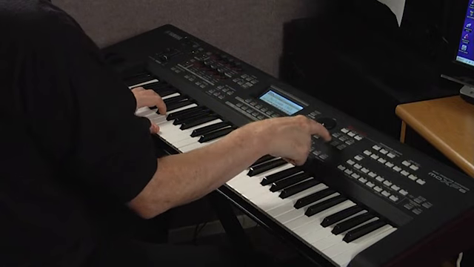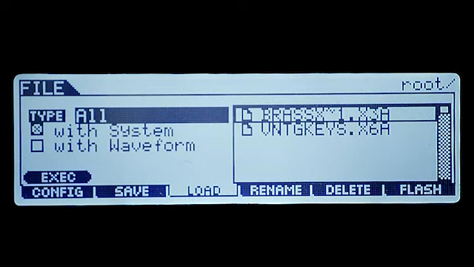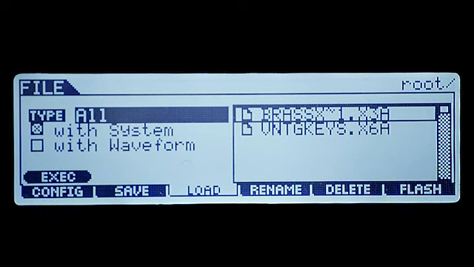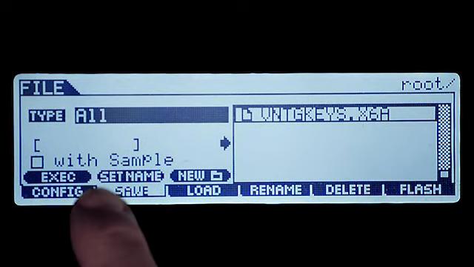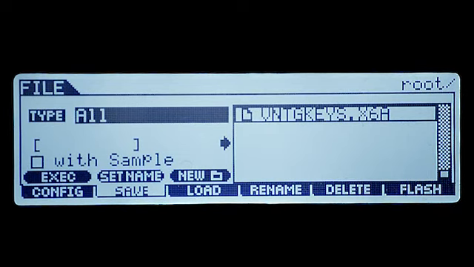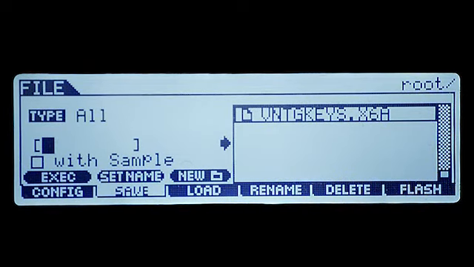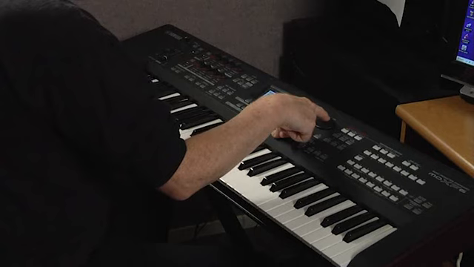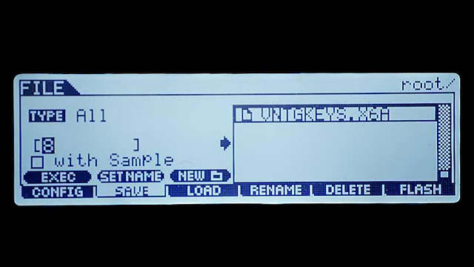And what I'm going to do is hit the File button again, and press F2, which is for the save. Now you see that I get the file type, which is all. That's how I want to save it. And I'm going to name it. Use either the increment decrement buttons or the data wheel to select numerals or characters. And I'm just going to call it